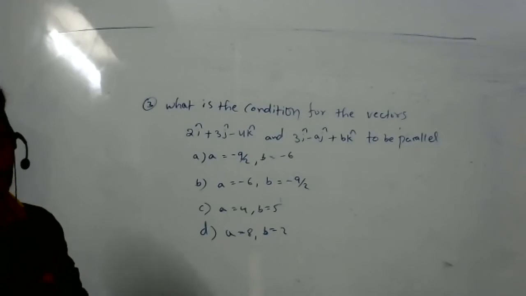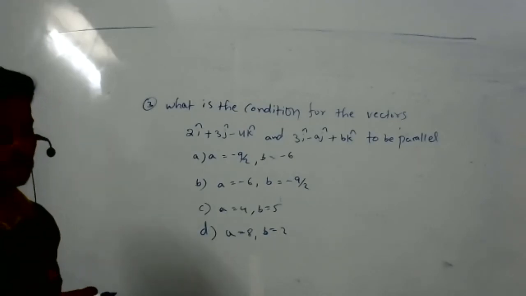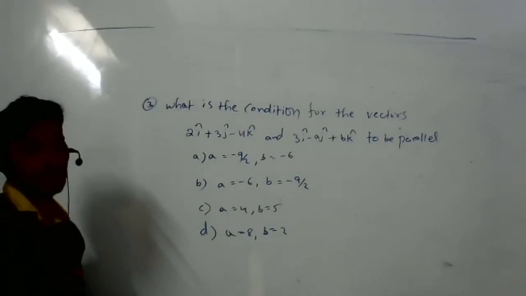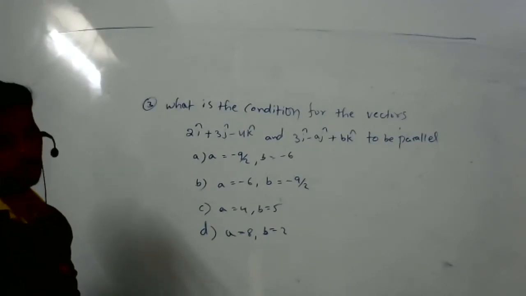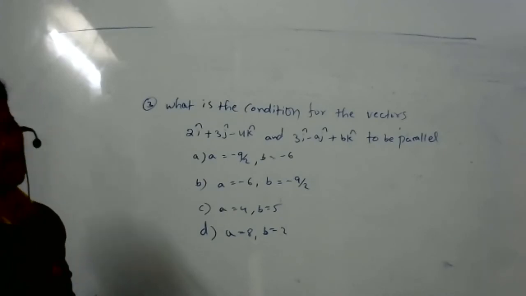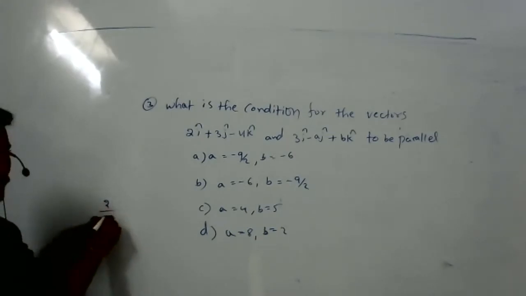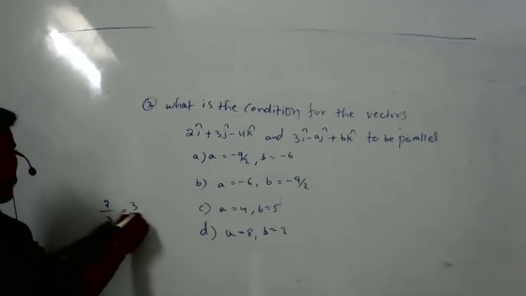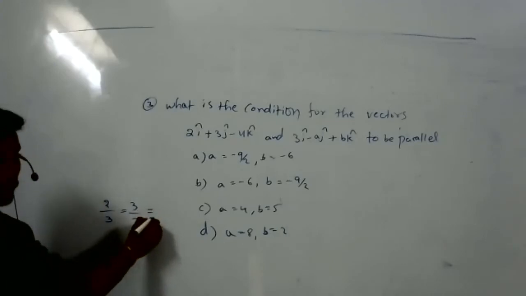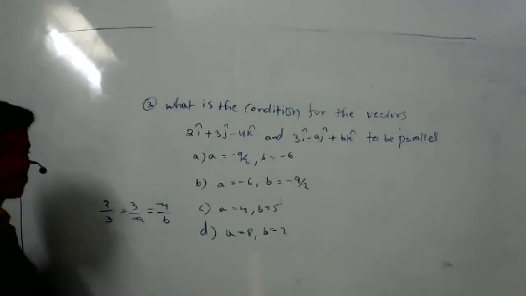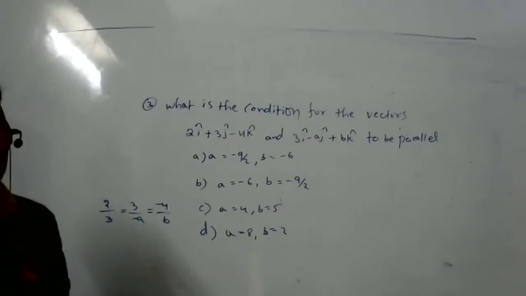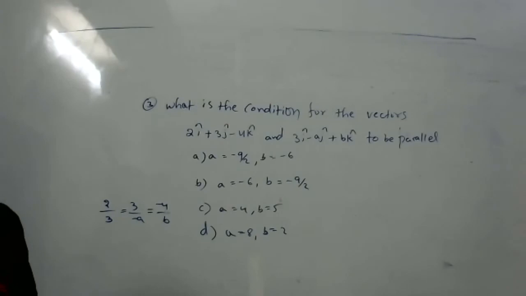Sir, I guess he was saying something about the maths formula, probably the same thing Priyanka just said. Okay. Cross product formula of maths. Yes, sir. Give that shortcut. Basically, 2 by 3 equals 3 by minus a equals minus 4 by b. We can equate 2 by 3 equal to 3 by minus a equal to minus 4 by b. Yes, correct. Prashant, nice, correct.